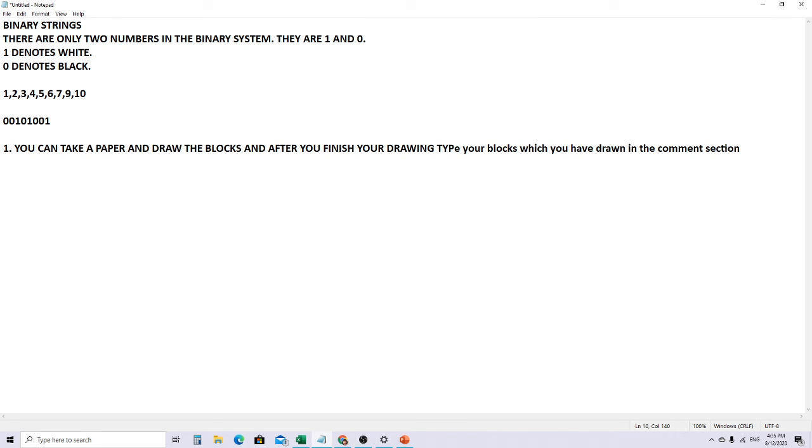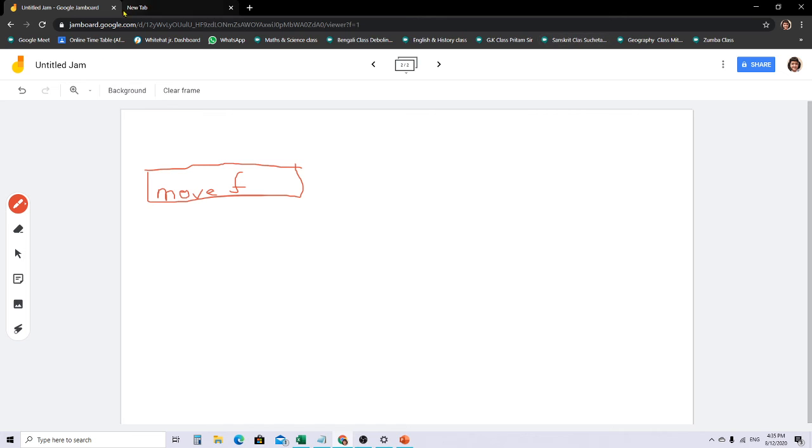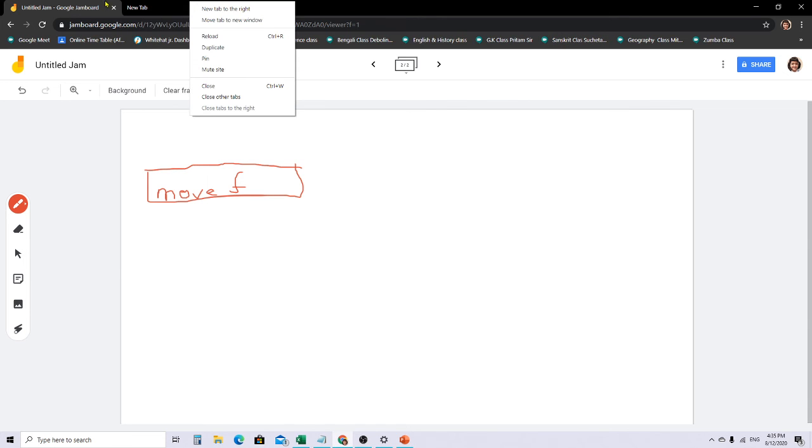I will give you a task to complete, and you will type in your blocks in the comment section so that I can check if you're right or you're wrong. I'll put the blocks in order and I will check if you're right or you're wrong. Okay, so this is one. The second one is the best option which I recommend.